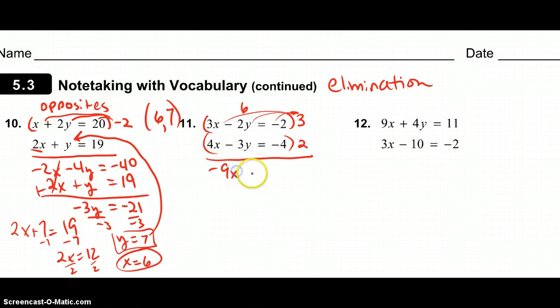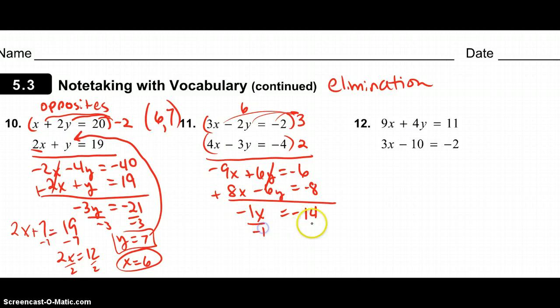Negative 9x plus 6y equals negative 6. 8x minus 6y equals negative 8. And our opposites will cancel. Keep solving. Add the equations together. I noticed that the top 2 negatives obviously make a positive, so let me change that. So I get negative 2. When I divide by negative 1, I get x equals